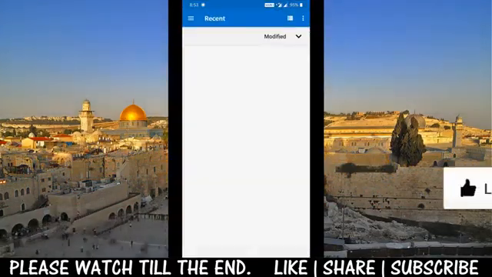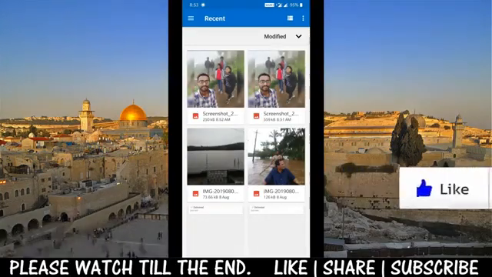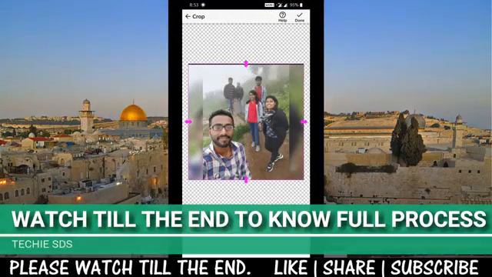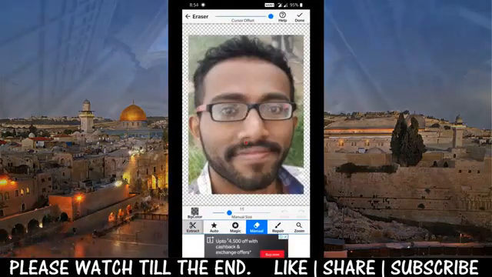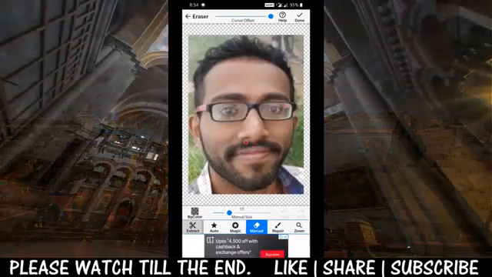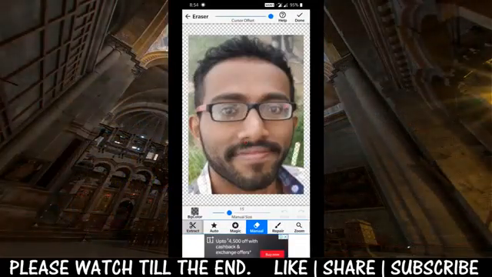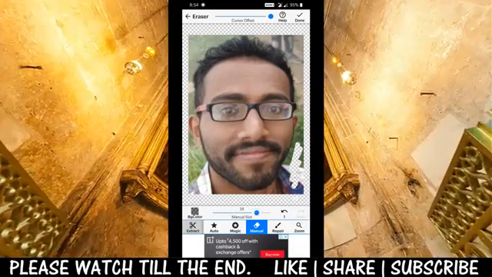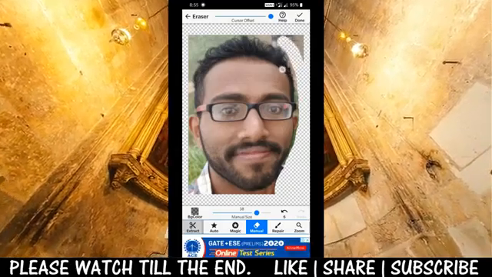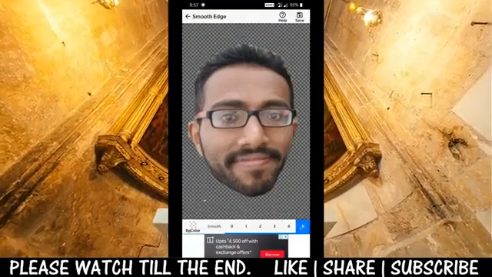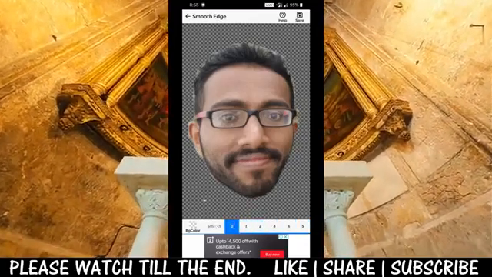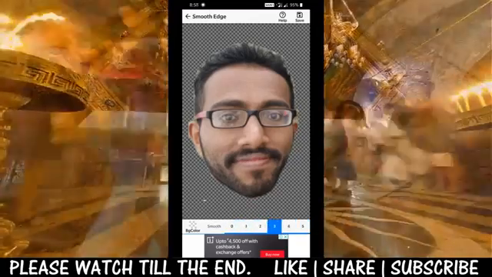First of all, launch the Background Eraser app. From here we will pick up the face which we are going to swap. So I'll take my face here from this picture. This application is very easy guys. First crop the main face, then to erase the other unwanted parts you can use the erasers. Manual eraser is there and also magic eraser is there, you can use it. So like this, keep only the face part as you can see here. Then here smoothen the edges, I'll keep it to 3. When you smoothen the edges, the final image will look good guys, so it's mandatory as you can see.